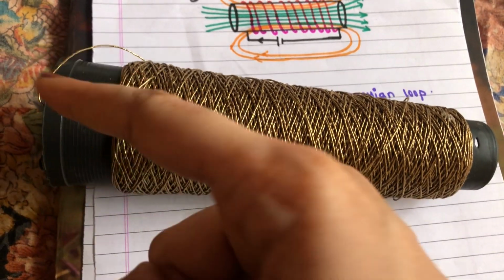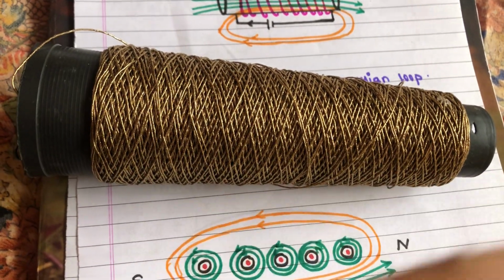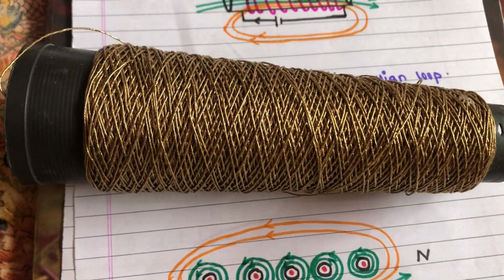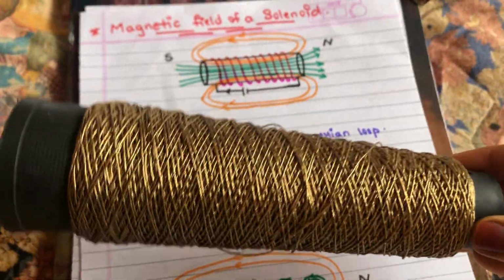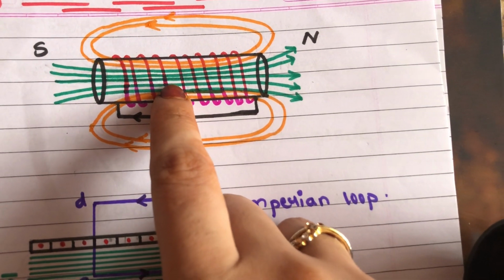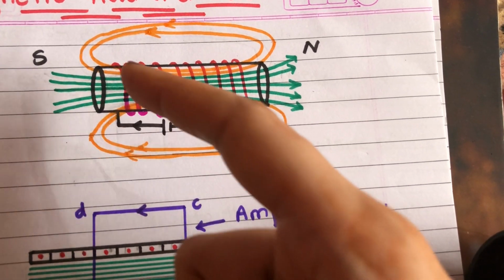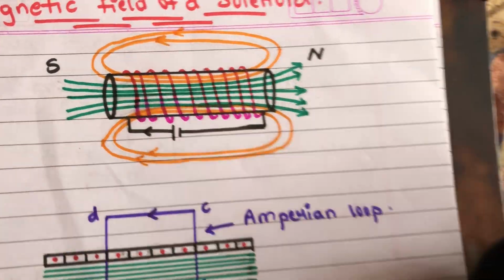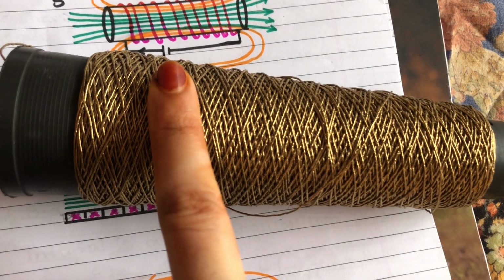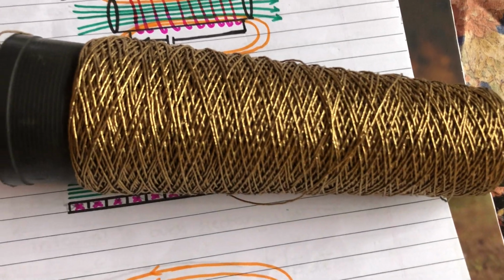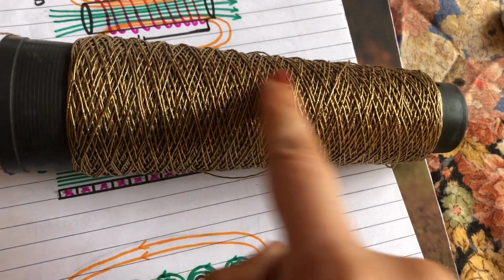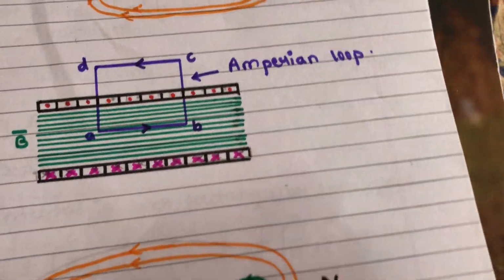When a conducting wire is closely wound on a conductor, the object formed is a solenoid, which I have tried to show you here. Now, due to the current flowing inside the conductor and on this conducting wire, which forms a coil, the diameter of the coil should be much smaller than the length of the coil. This is my length of the coil. This should be the condition.